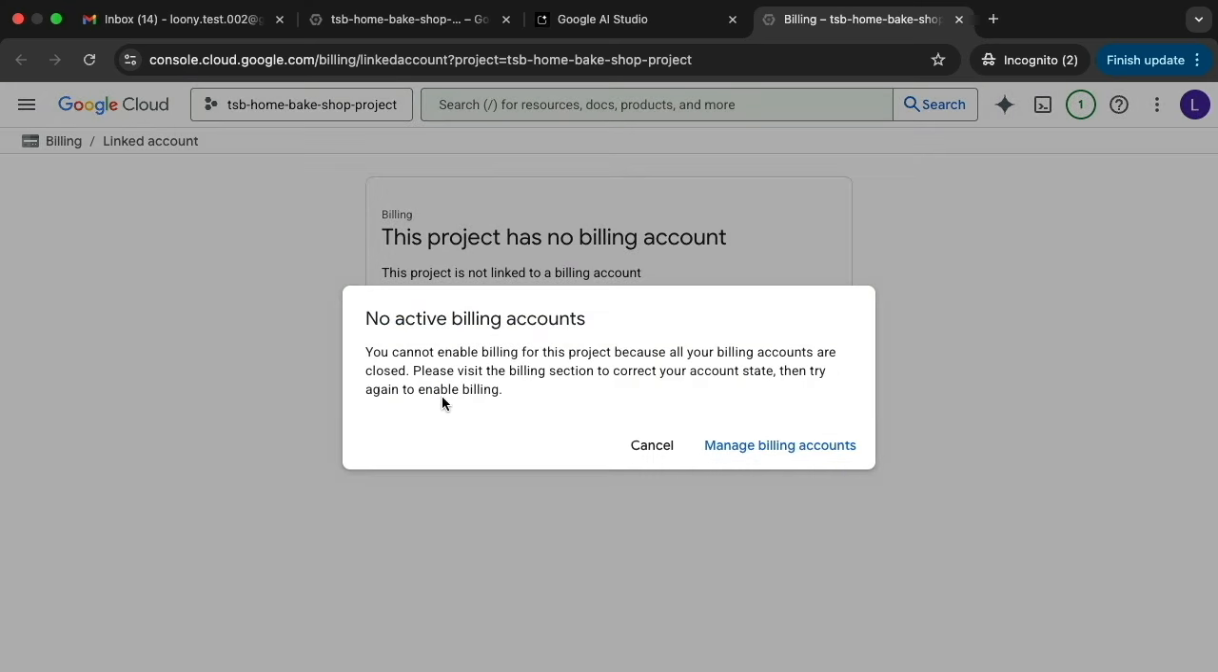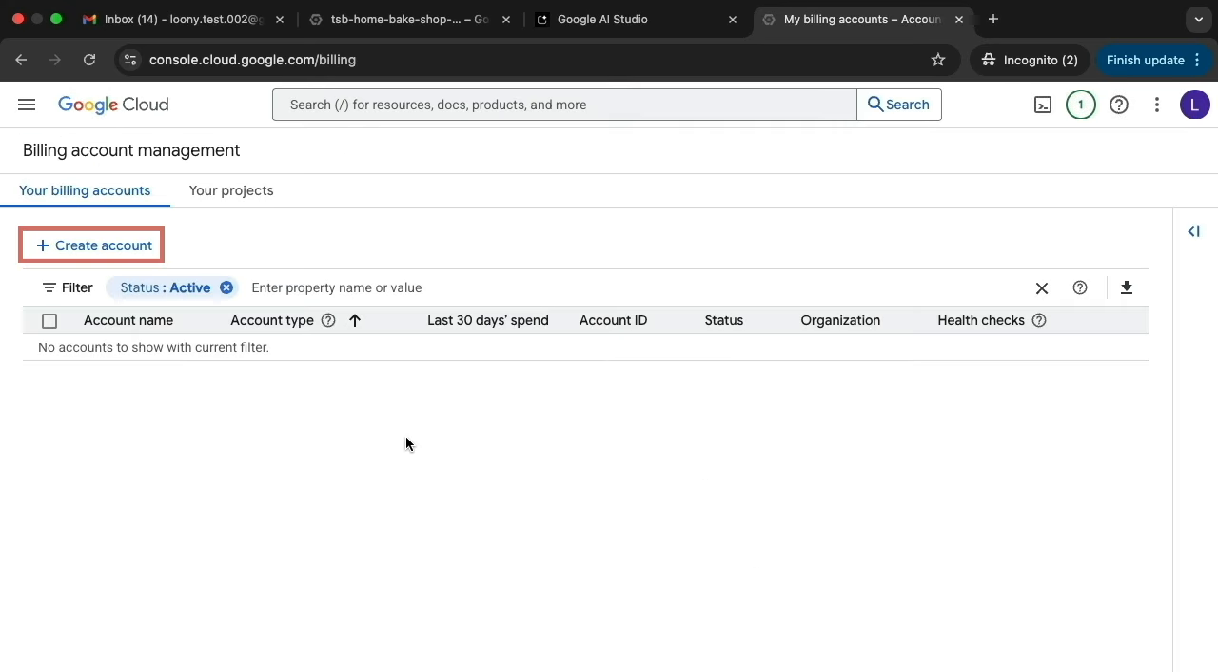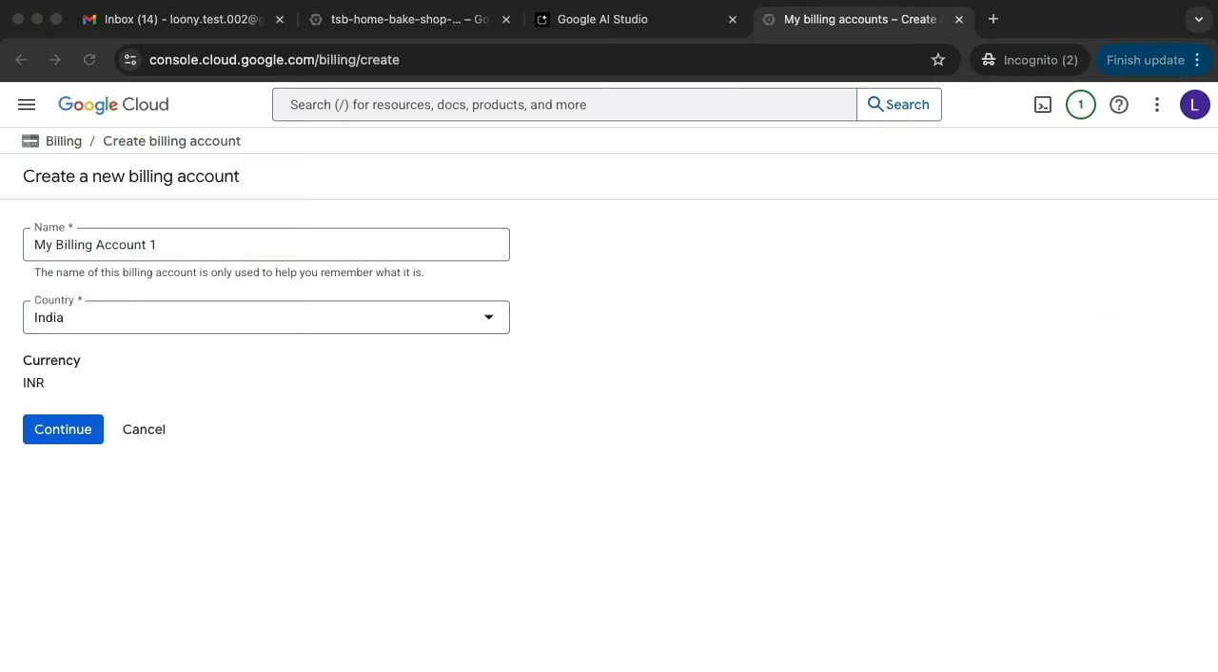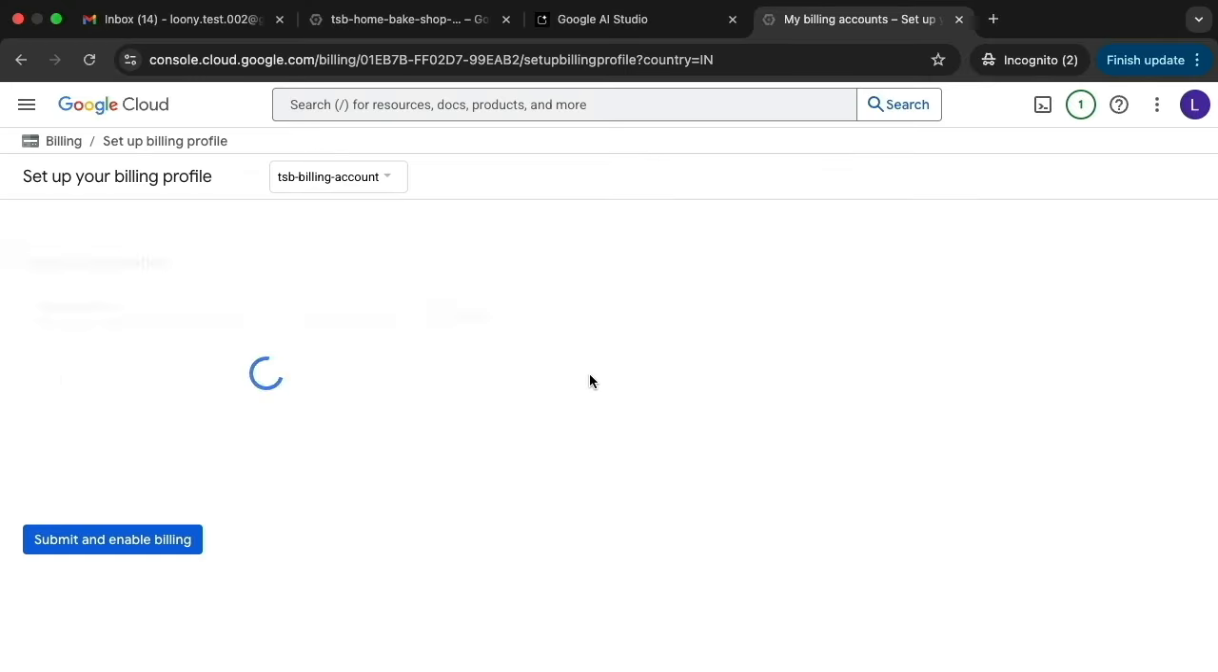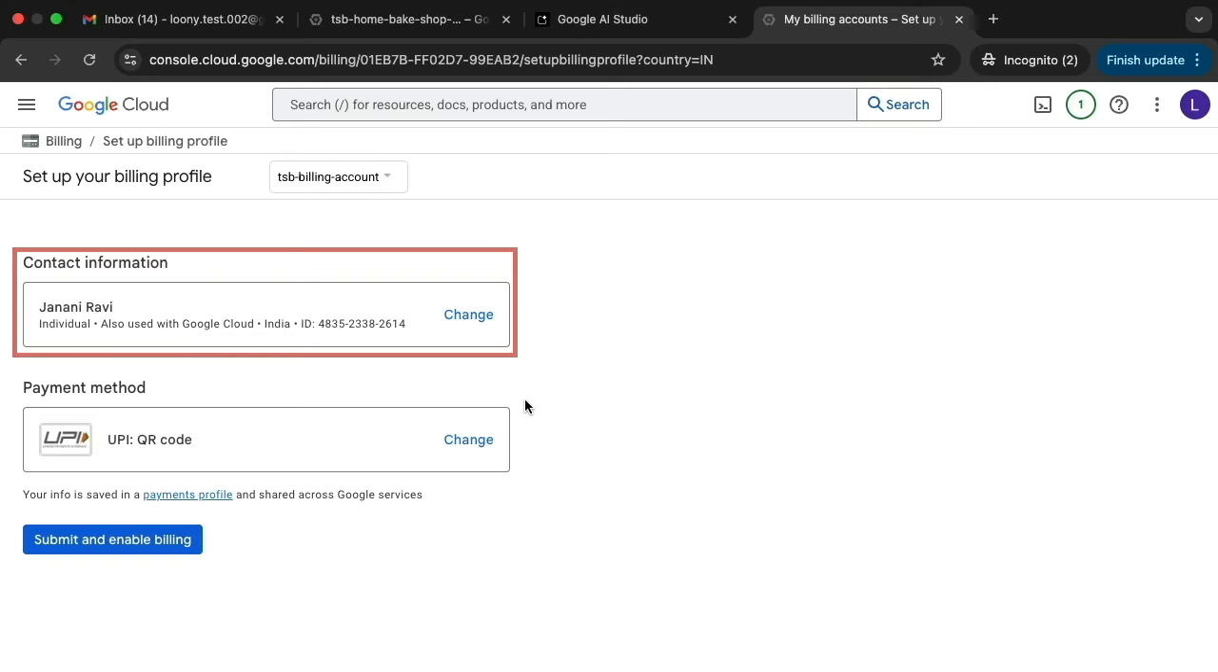Click on Link a Billing Account, and it tells me, well, you have no billing accounts. So go to Manage Billing Accounts and let's create a new billing account. A billing account just holds your payment instrument. So whether you're paying by credit card or UPI, the billing account just holds that information. So I'll create a billing account called TSP Billing Account. It will then pick up my details from my Gmail account,